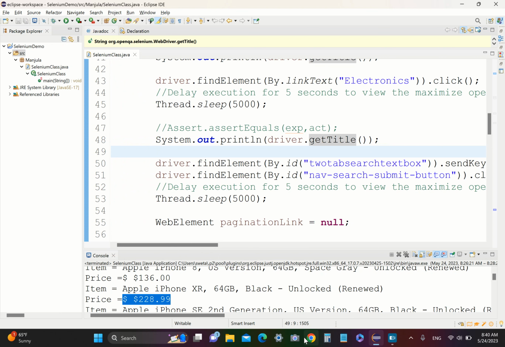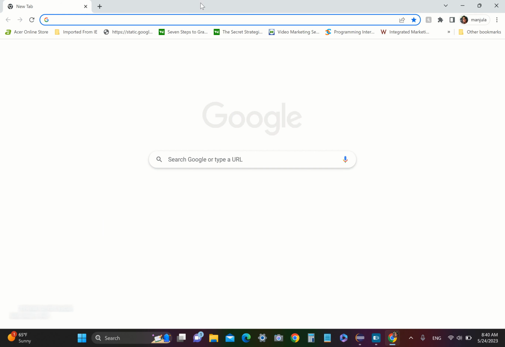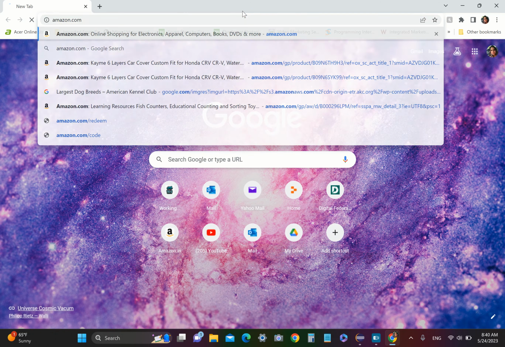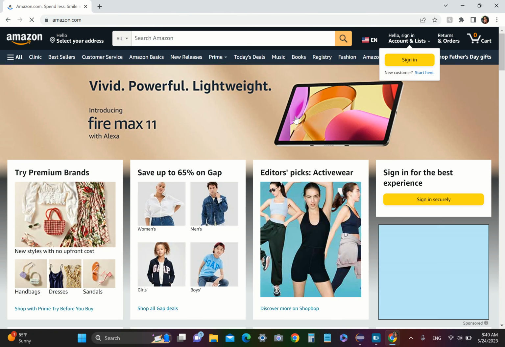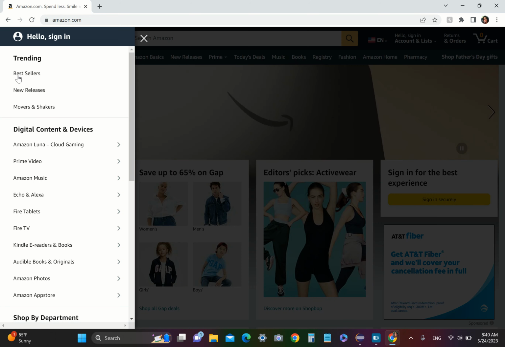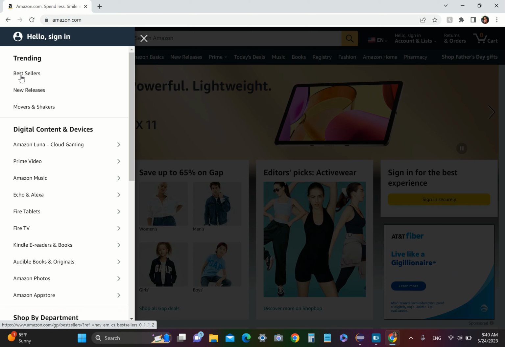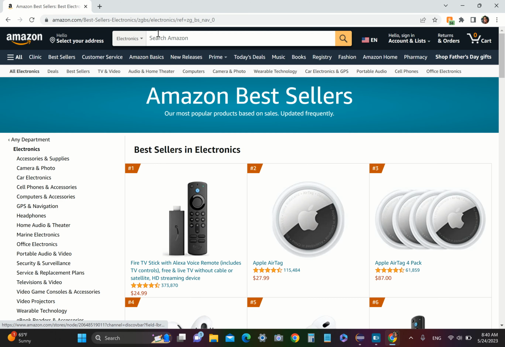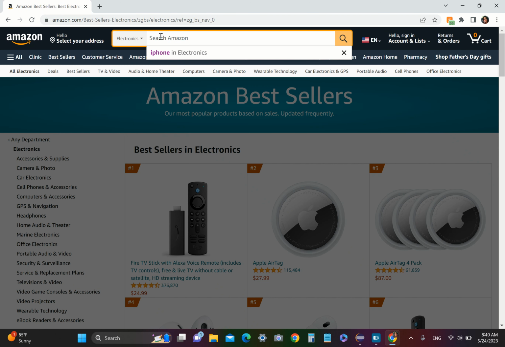So we want to click iPhone here in electronics, right? So in order to know what item that is,